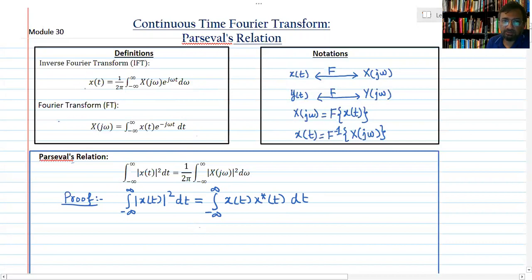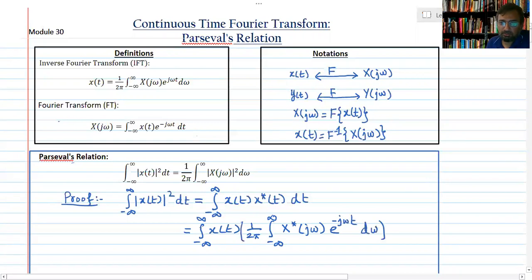Here is the relation for the inverse Fourier transform. We do the conjugation on both sides and put it in this expression. So we have the integral from minus infinity to infinity of x(t), and here 1 divided by 2 pi, another integral of X conjugate (j omega) e^(j omega t), which after conjugation will become e^(minus j omega t) d omega. So this whole thing inside the bracket is x conjugate (t)